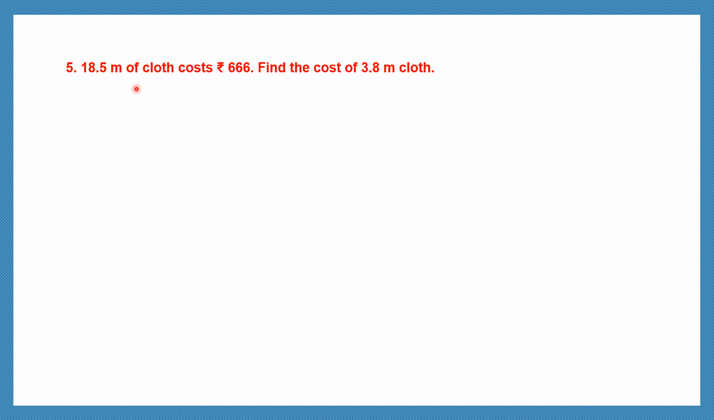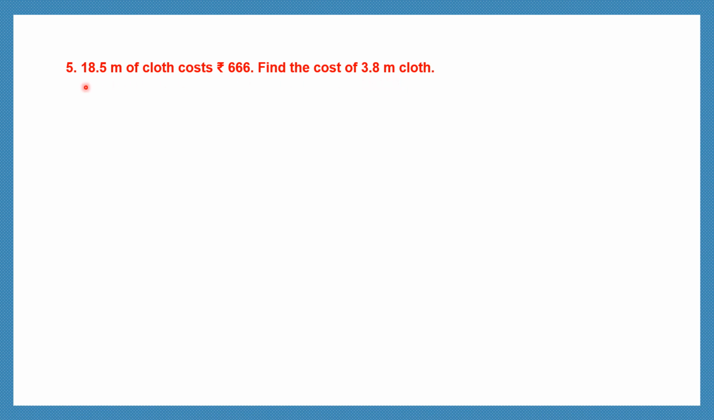Question 5. 18.5 meters of cloth cost rupees 666. Find the cost of 3.8 meters of cloth. Now here can you see, here we've got 18.5 meters of cloth and here we've got 3.8 meters of cloth. That means the cost of one is not given and we've not been asked to find the cost of one